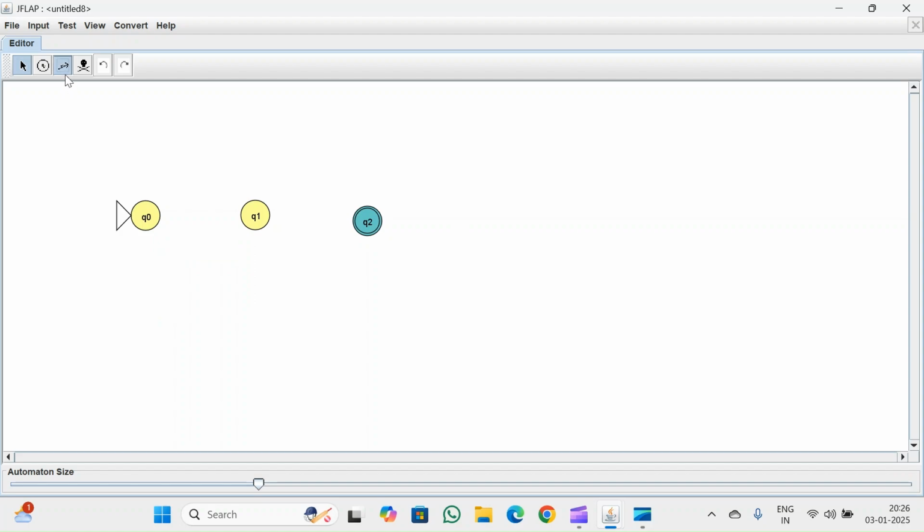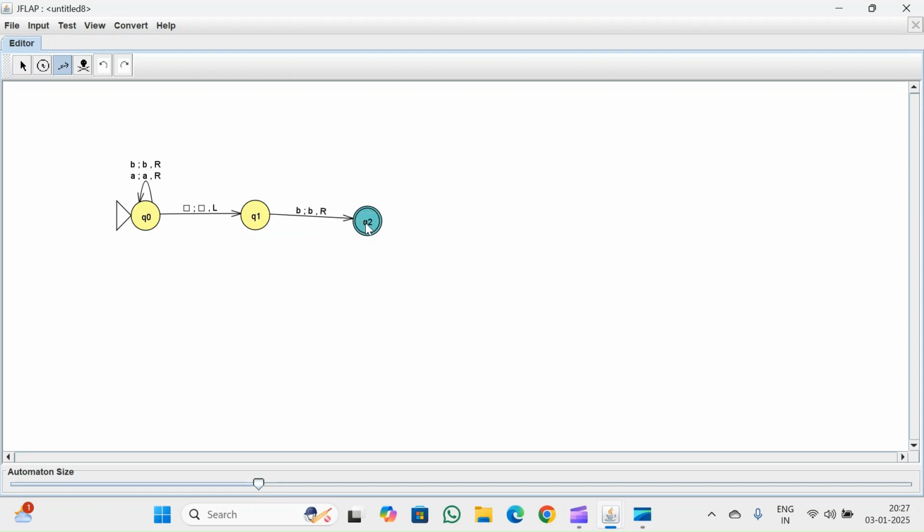Now I'll give a self transition of Q0 on Q0 on the input A, and if my tape contains A, then it will move to the right side. My another transition would be B, and if the tape is B, then it will also move to the right side. Now I'll give the transition of Q0 to Q1 on blank, blank, to the left side. I'll give the last and final transition of Q1 to Q2 on B, B,